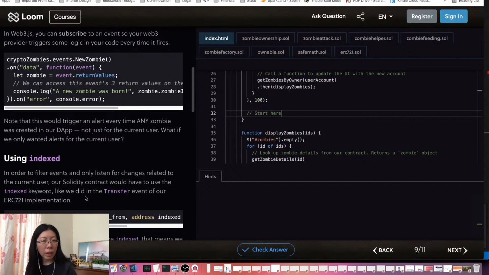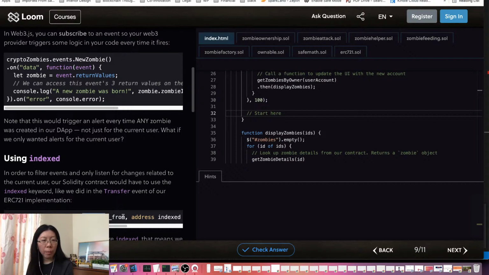Another important concept is event. For the event, they have parameters, right? So you can see an event has parameters. In this particular case, the ERC 721 Transfer event, they have something that's very unique. They call it the indexed syntax, okay? So what does that mean? That means